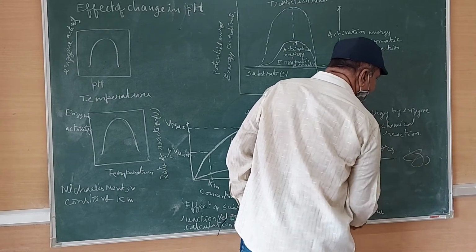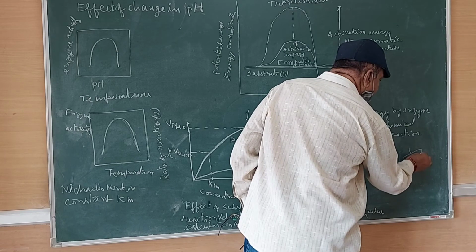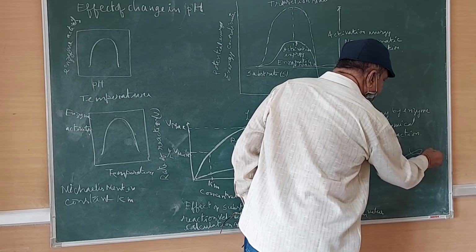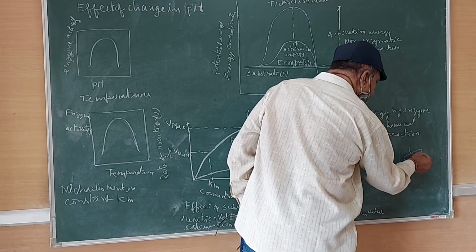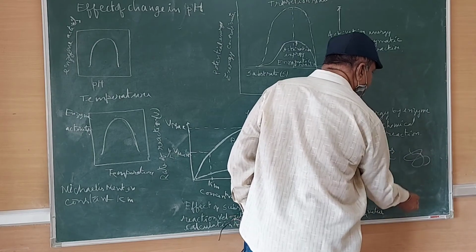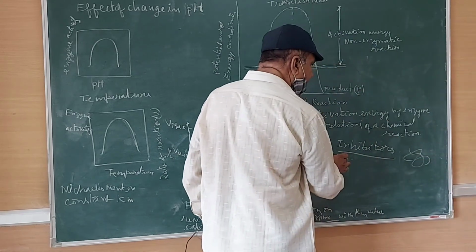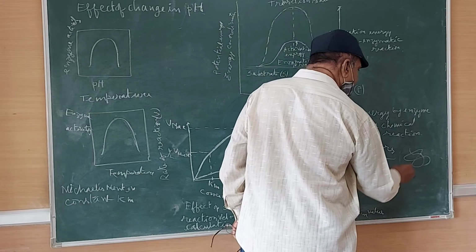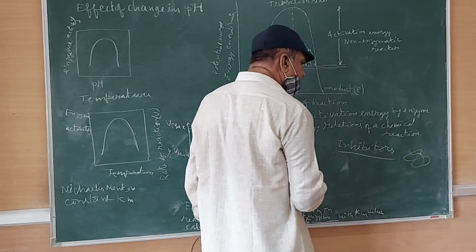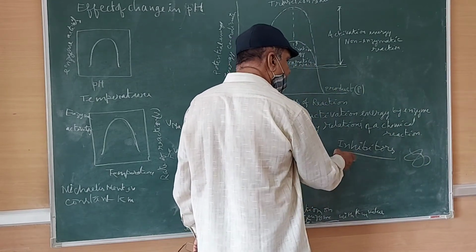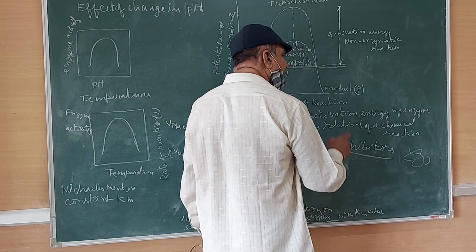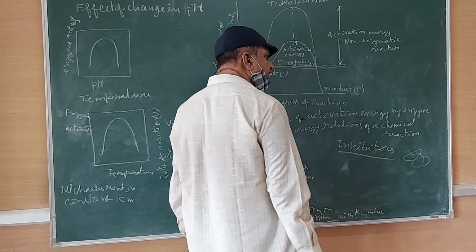As you know, an enzyme has a tertiary structure. It has active sites, and these active sites bind to the substrate. Sometimes it is also sensitive to some chemicals. Those chemicals are called inhibitors. Inhibitors inhibit the enzyme-substrate reaction. That process is called inhibition.